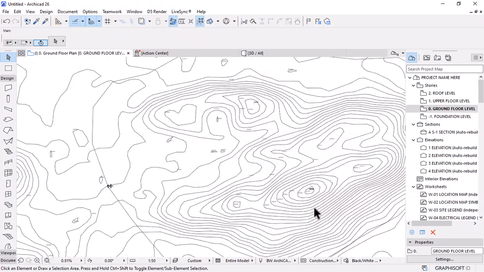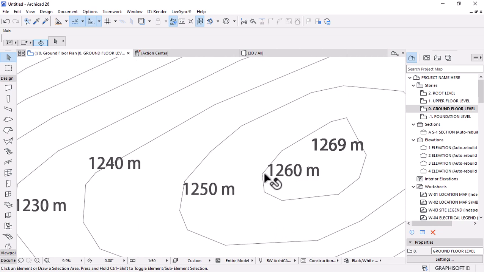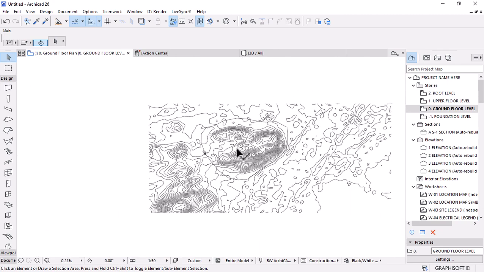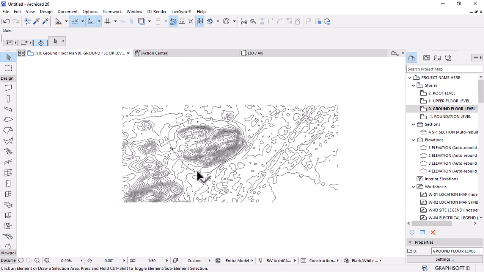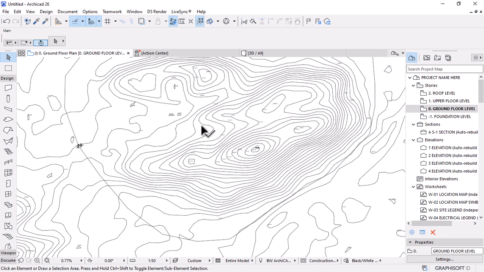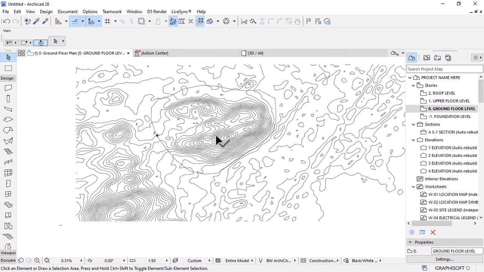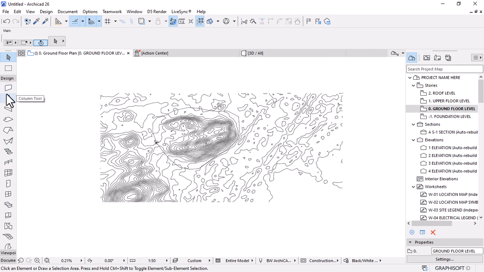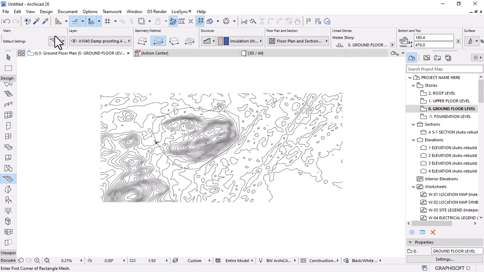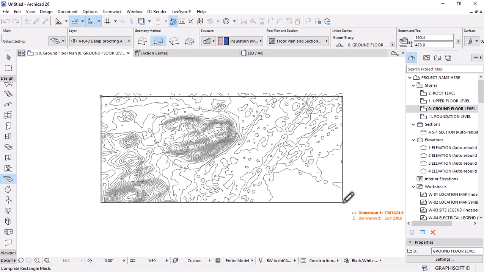Like I said, the highest point of this is around 1200 meters high. So we're gonna try to represent that and generate it into this ArchiCAD software. Let's see how we can do it. We're gonna go here under the tool palettes. There is a design tool palette. Let's find the mesh tool, and then under the info box, the geometry method, I'm going to use the rectangle method to draw just the rectangle on the edge of